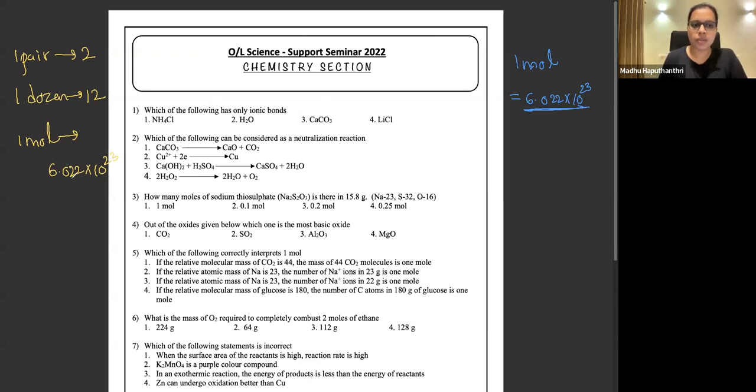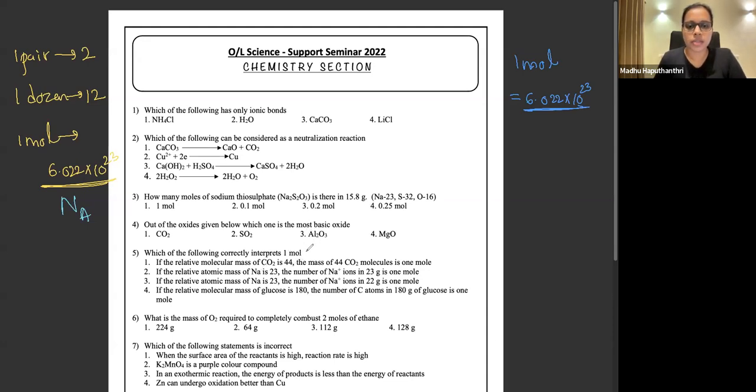So we give a special word to this number, that is the Avogadro's constant, right? So simply get the idea. Like you have 2 inside a pair, like you have 12 inside a dozen, you have Avogadro number of things inside 1 mole. So Avogadro number is a huge number, right? It's a huge number. So then we want to check which one is giving that Avogadro number.